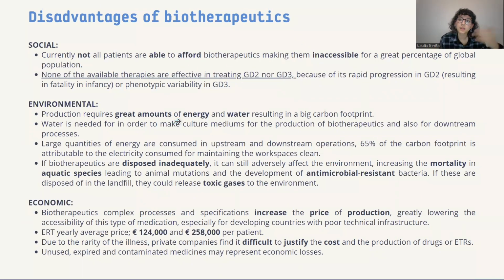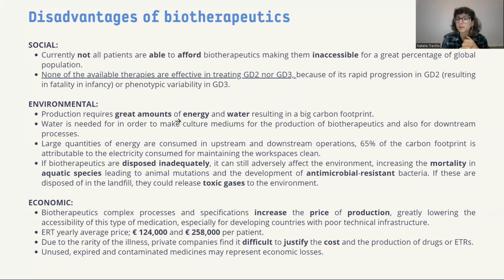Social disadvantages include the fact that patients are not able to afford them. Also, none of the available treatments right now are effective on treating Gaucher disease type 2 nor 3. Regarding the environmental impact of them, the production requires great amount of energy and water. If they are disposed in an inadequate manner, they can have adverse effects on the environment, for example, increasing the mortality of aquatic species. The economic disadvantages of them, since their production process is really complex, it tends to increase